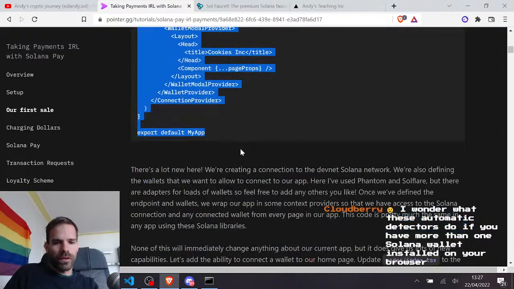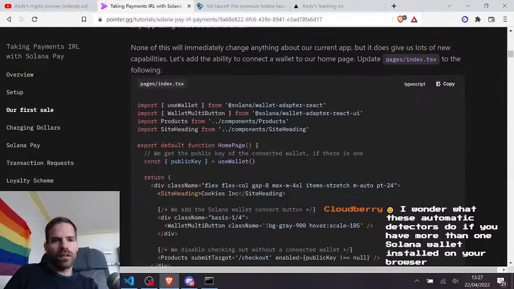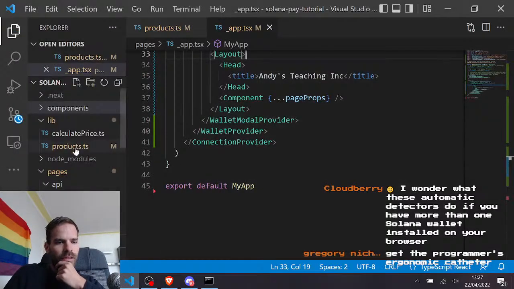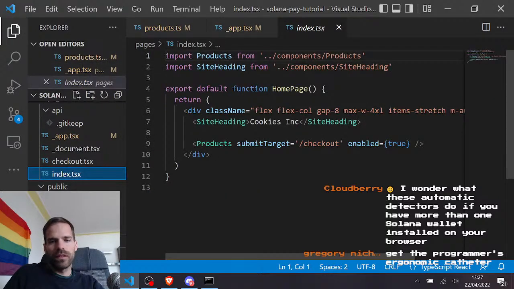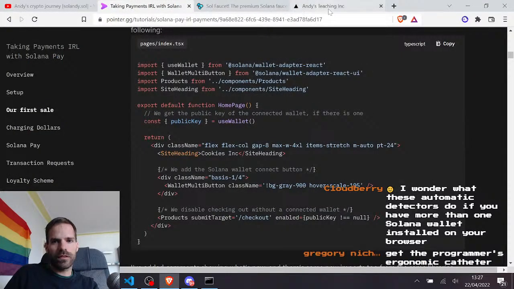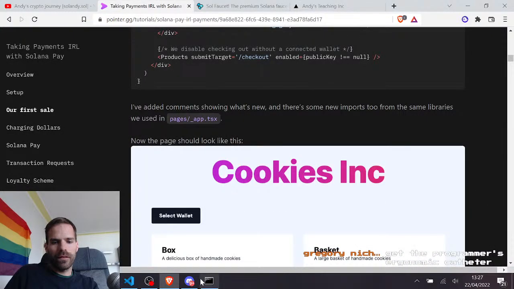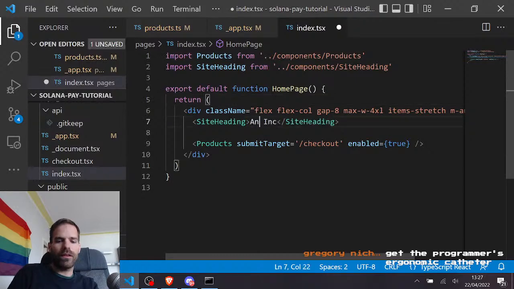So where were we? In the tutorial, we want to then adapt the index. Let's add the ability to connect a wallet in our homepage. Update the index to the following. Let's see what is in the index so far. It's just the homepage, which says, where's the site? That's the site heading. So we can also say